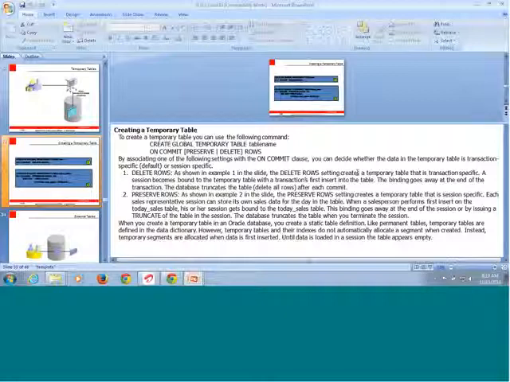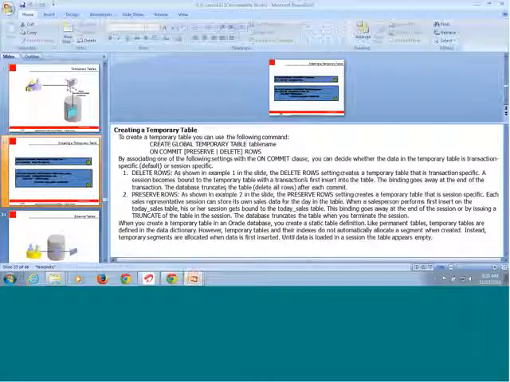So if I insert any value, now that I have recovered the table and created a temporary table, then it is going to take those values, but again it is going to truncate the rows after each commit. Okay.